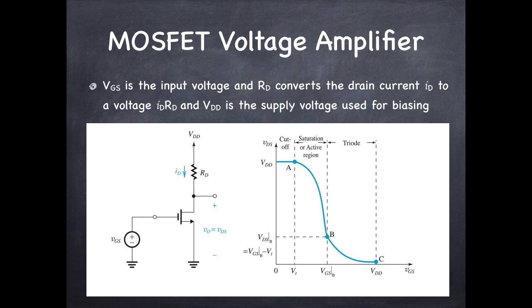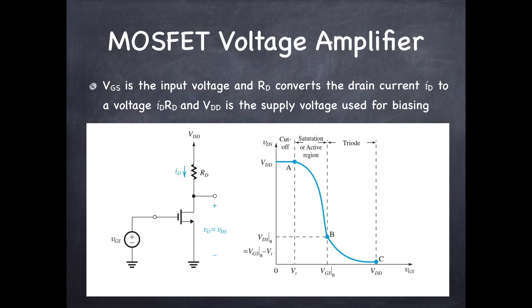Now you see the second figure which is drawn between VDS and VGS. This is called voltage transfer characteristic. And you can observe here that when VGS is less than the threshold voltage, we know that the transistor is off, the drain current is 0, and so the drain to source voltage, or the output voltage, is equal to VDD. When the MOSFET is operating in saturation or active region, then this VDS continuously decreases as we increase the VGS value.